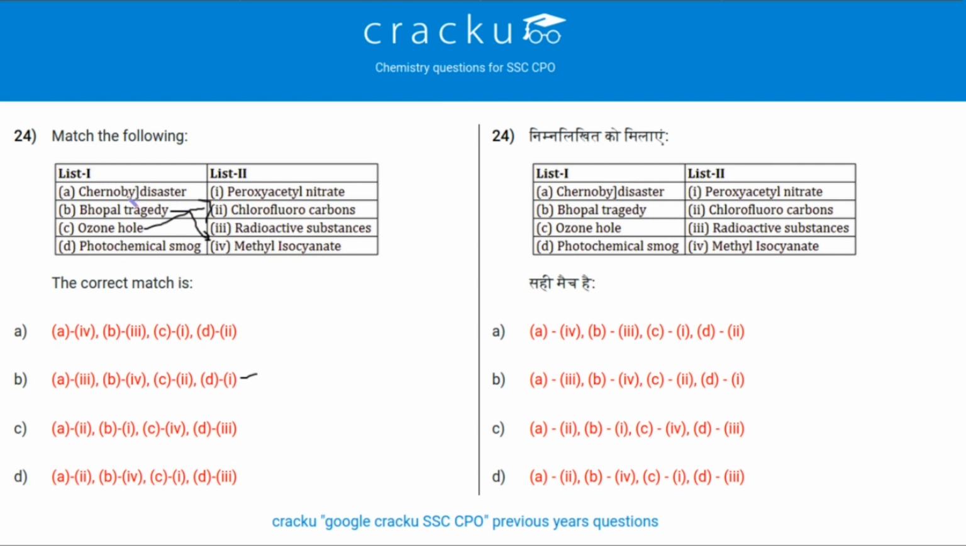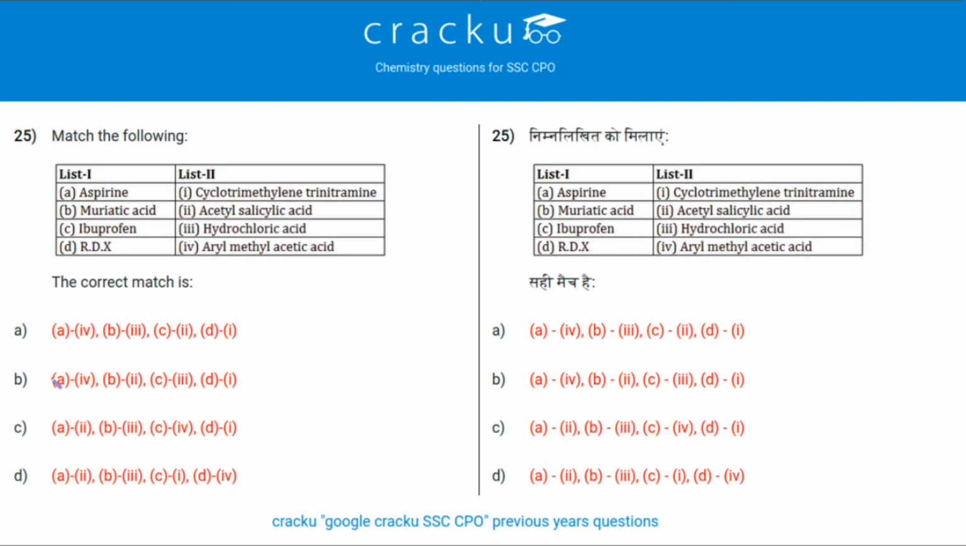Now, Chernobyl disaster is caused by radioactive substance, that means A must be 3. So here we see A is 3, B is 4, C is 2 and photochemical smoke is 1. So the correct answer to this question is option B. Next question,